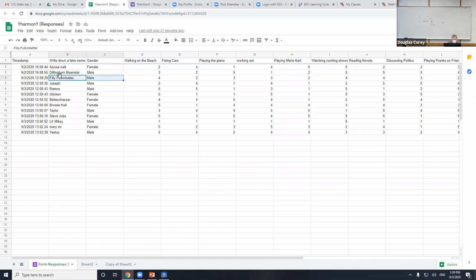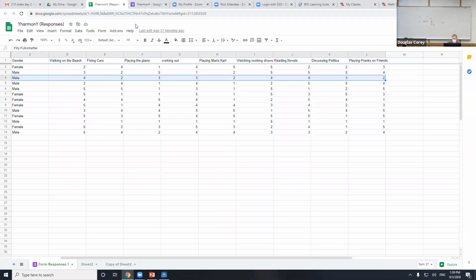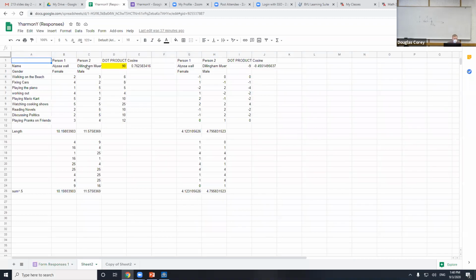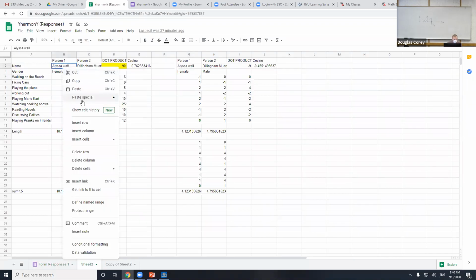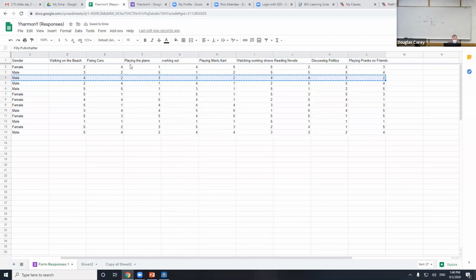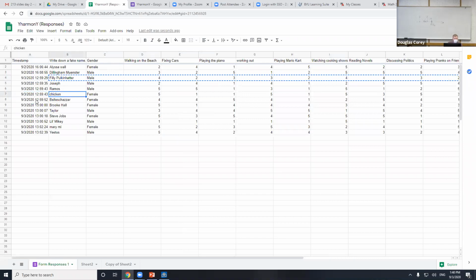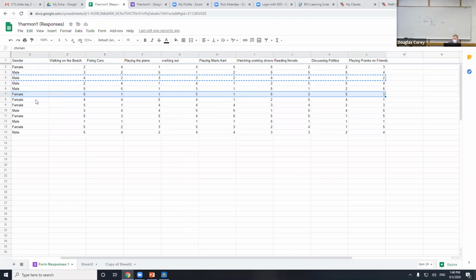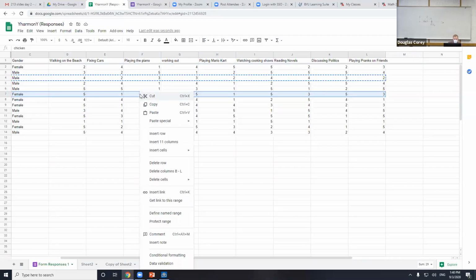So I'm going to take Philly's data here, and I'm going to paste it in. Here, we'll paste it in right here. These were just some fake ones I was using to practice. But we're using real fake ones now. And let's check and see how chicken goes. We'll see if Philly likes chicken.